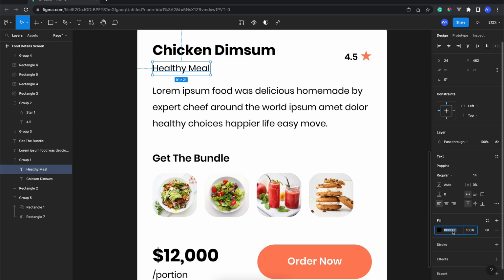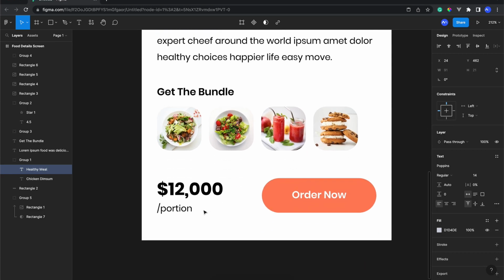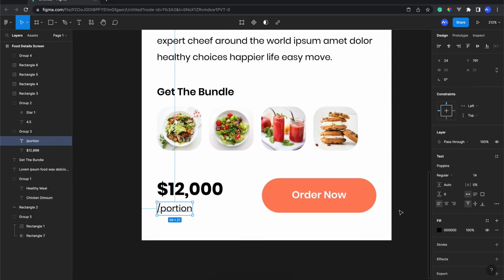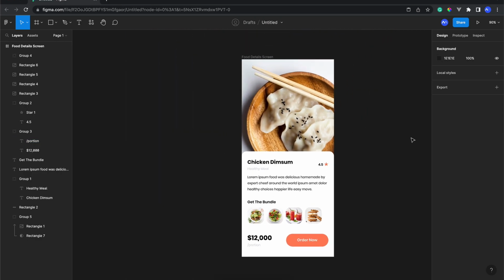So we're gonna use maybe we can start from the blue and just like this, so it will be more transparent than any other color. So the hex code is D1D4DE. We're gonna copy and we're gonna implement it in this label of portion. Okay, and it looks amazing.